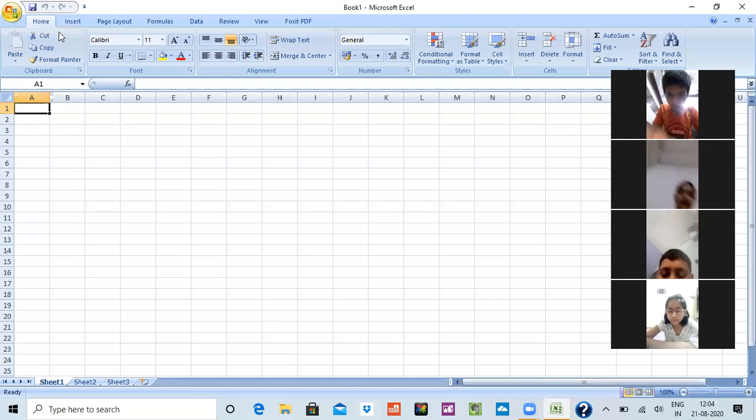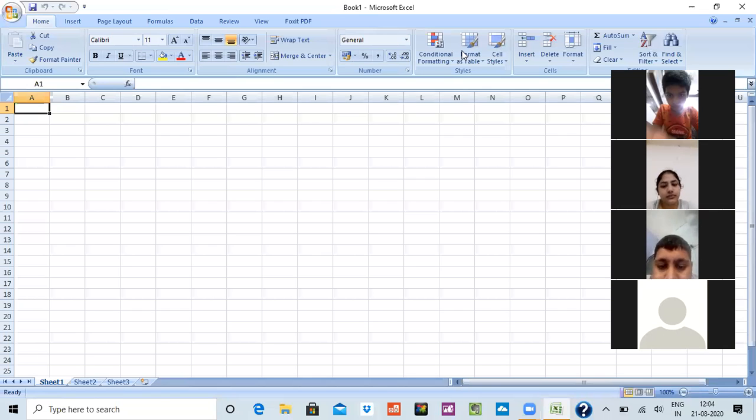Now, you all can see the topmost bar is known as the title bar. Angel, would you like to tell me why we call this the title bar? I have unmuted you. Ma'am, because here we put our title. Yes, exactly.